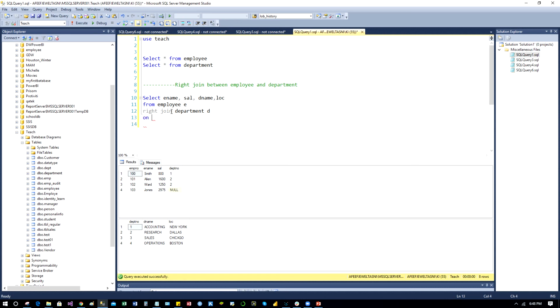So on e dot department number equals to d dot department number.